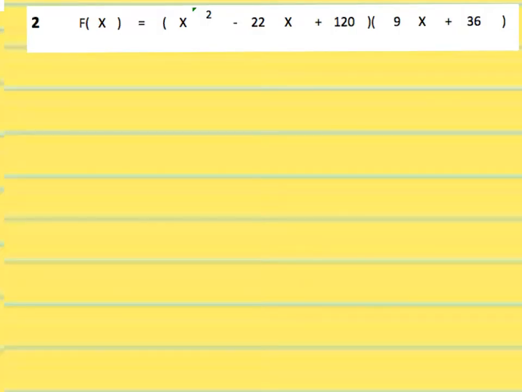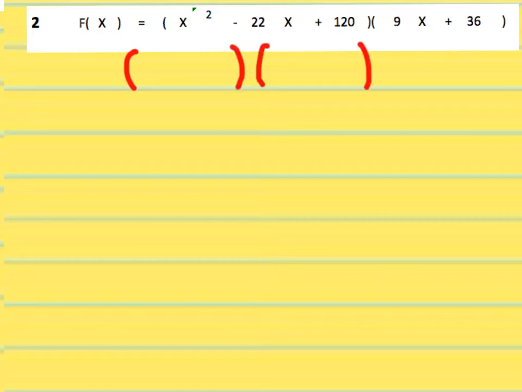The function is x squared minus 22x plus 120, that quantity multiplied against the quantity 9x plus 36. So we're going to start with the first one. And up here you'll notice in some of these problems you have a small green triangle. That means nothing. That's just from the computer in the Excel spreadsheet. So we want to see if we can break up the first part